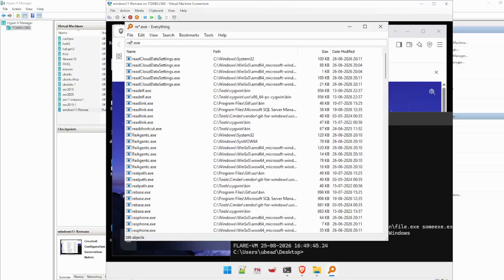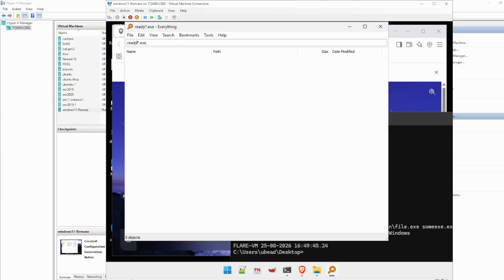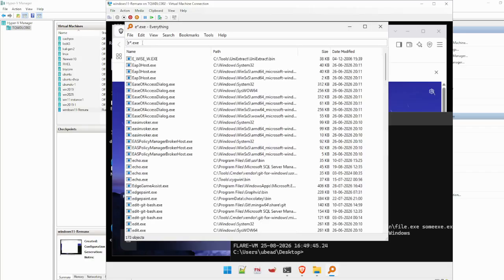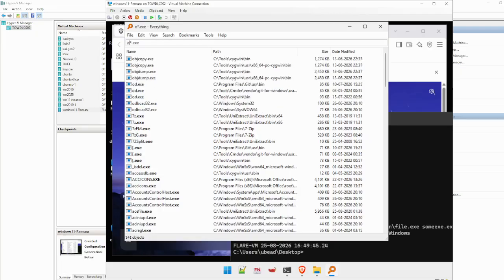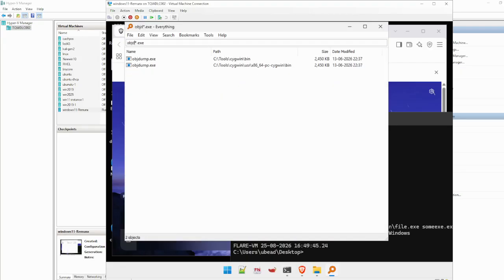readPE. Okay, so we don't have this readPE. What will we do? We'll use some other tool, objdump. Okay, so you have objdump here.